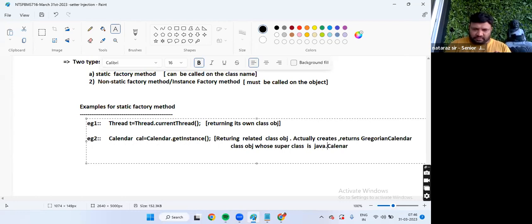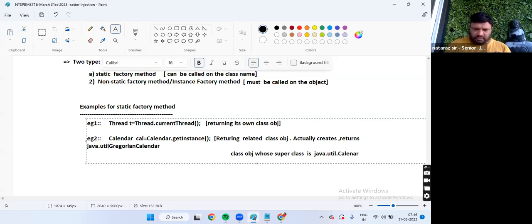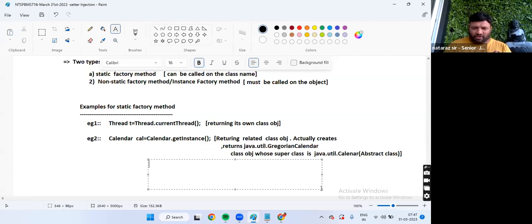java.util.Calendar. java.util.GregorianCalendar. java.util.Calendar, which is an abstract class, guys. Which is an abstract class. Convinced, my dear? Okay, one more note. What is there? Superclass reference variable